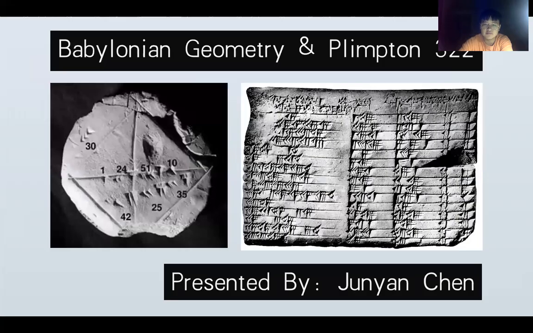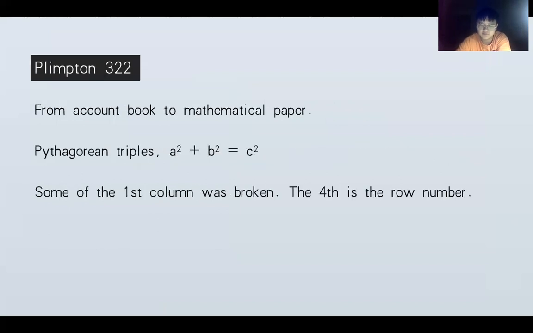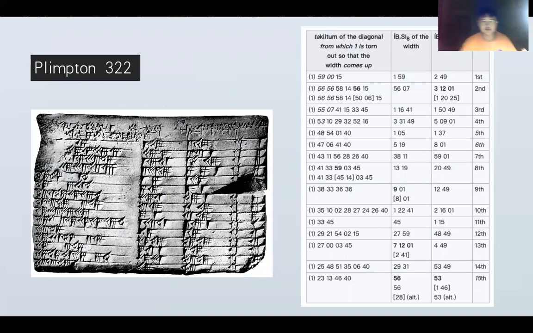As we can see on the picture, some of the clay tablet was broken, like the first few rows of the first column, the fifth and sixth column, and the fifth and sixth row of the fourth column. But this doesn't stop us from researching it, because we can translate it. As we already know, the ancient Babylonians used Mesopotamian numbers, which are a sexagesimal system, and we translate them into Arabic numbers, which is widely used today